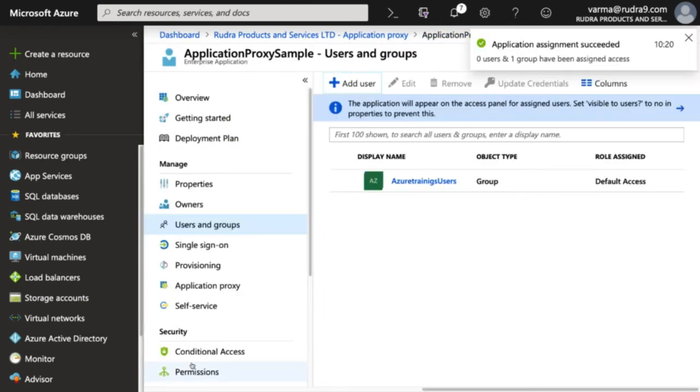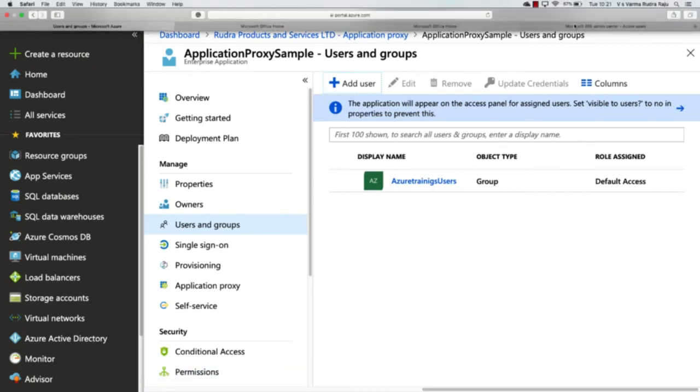So basically, so far what we have done, we make sure AD premium license is there. Secondly, we have configured the registry keys. Thirdly, we downloaded App Proxy Connector and installed it. Fourthly, we configured an app. Fifthly, we have given access to that app to a group. Okay, and we have one user in that group. Using that user, I'm going to log in into My Apps portal. Okay, hopefully it will work. Otherwise, we'll just investigate the problem and resolve the issues.